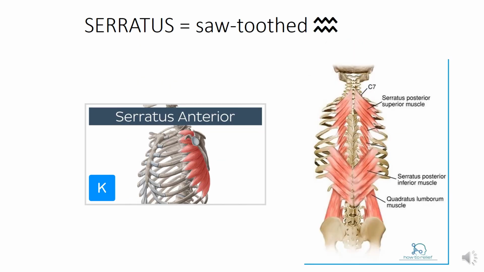So serratus means sawtooth, like this. You are familiar with the serratus anterior muscle. You can see here the sawtooth-like muscle appearance, serratus anterior, so it is lying anteriorly. There is another muscle, the serratus posterior muscle: the serratus posterior superior and the serratus posterior inferior. These are lying on the back, again with a sawtooth appearance, and these are the muscles which are related to the respiratory movements. You will study these muscles in the region of thorax.